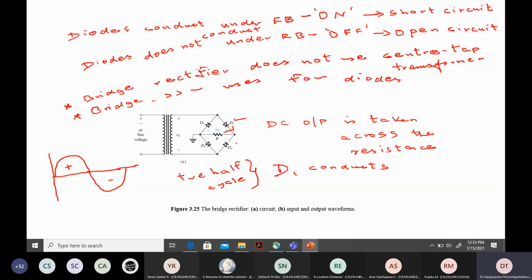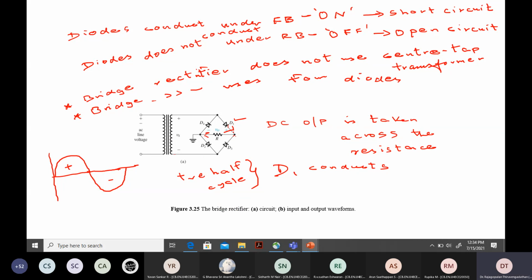When it flows like this, there will be a positive potential here because this is Vs, and up to here it will be Vs minus Vd, which will be positive. The D3 cathode is connected to this Vs minus Vd, whereas the anode is negative here. So the cathode of D3 is more positive than the anode of D3. So diode D3 does not conduct. So the only path for the current has to be in this direction.